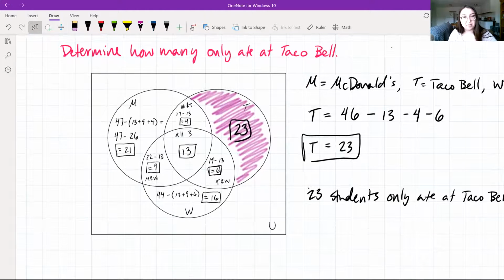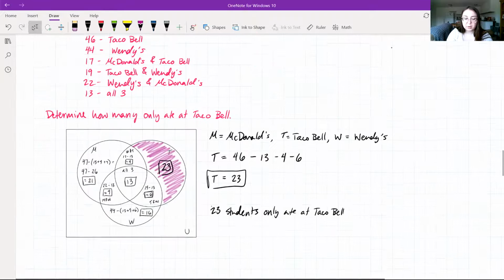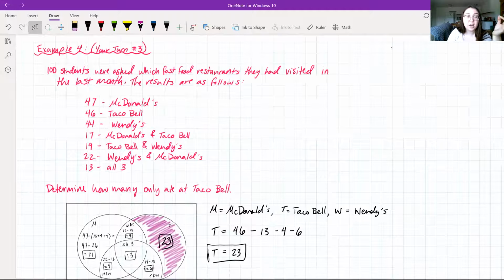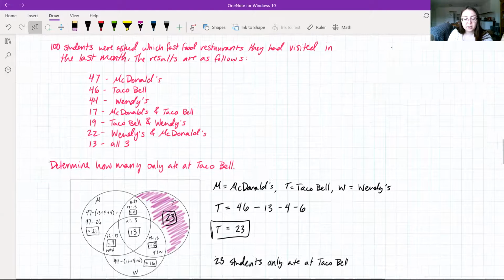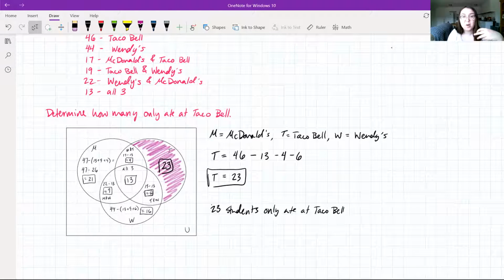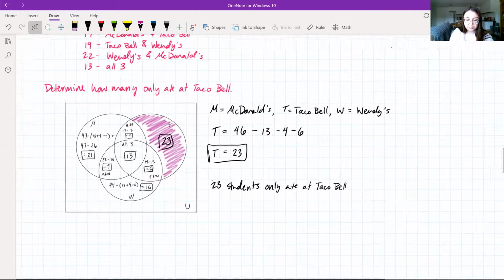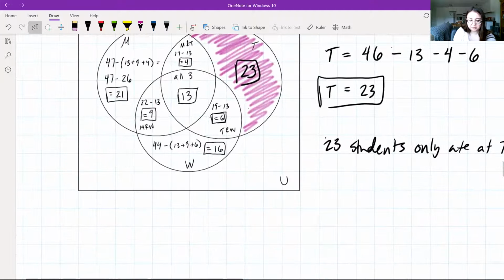Now, since we have all of our final values, we want to add all of them up and make sure that they either equal 100 or less than 100, because we know that we only interviewed 100 students. If we add all these values up, it can't be more than 100 or else we have done something wrong. So we add up,